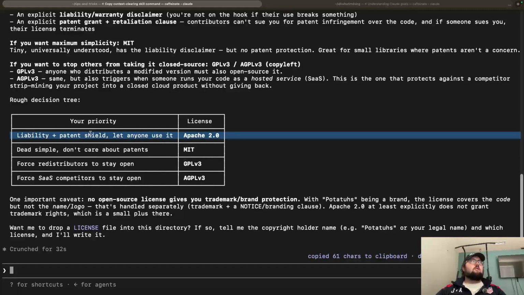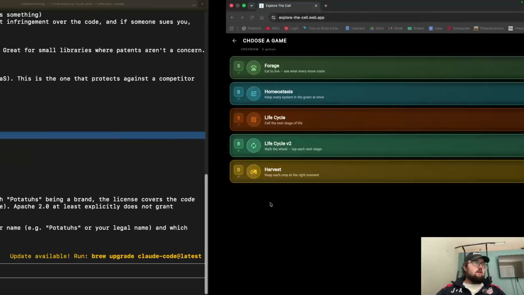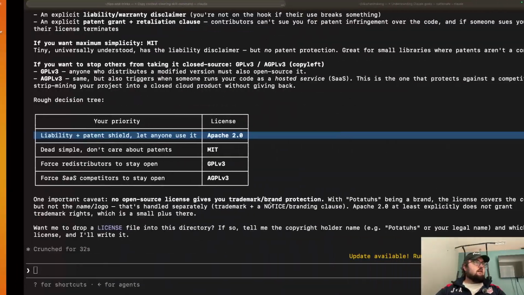I think this is the one where you can use it however you want. You just can't sue me for having open sourced it in the beginning. That's what I want. Public, start with a template. Don't need a template. We're going to go Apache 2.0 license. That's the top one. That's what we learned today. Let's also incorporate that into our,